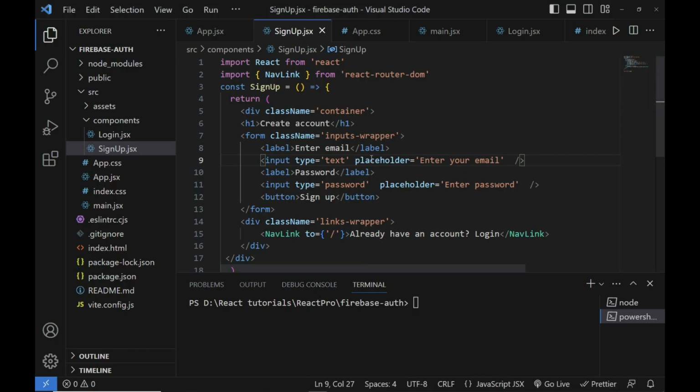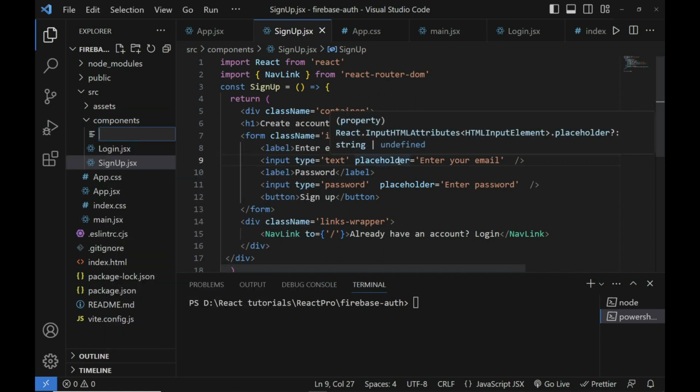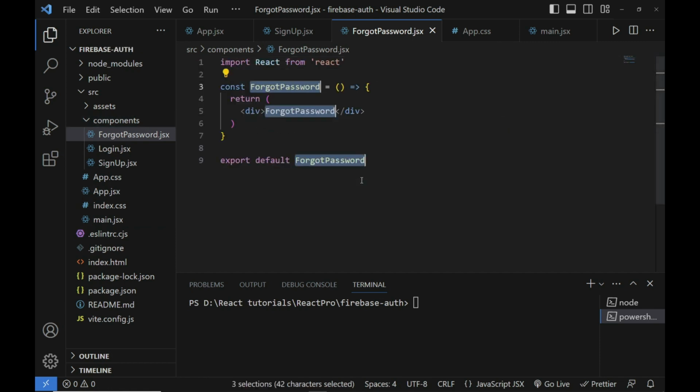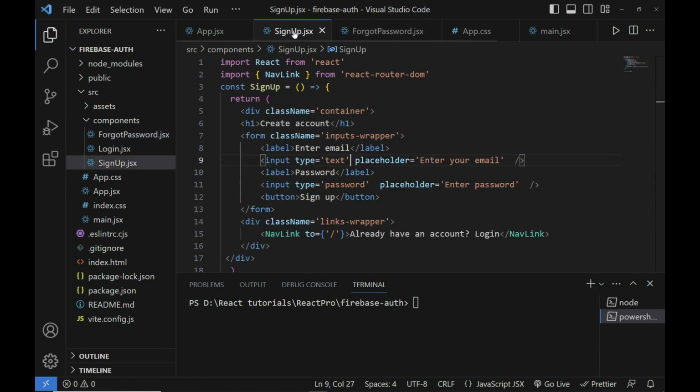okay, so let's now create this forgot password. Okay, forgot password link. So I'm going to come to the component again, and I'm going to create, let's create that forgot password component. I'm just going to name it forgot password.jsx. All right, and I just need to use my boilerplate code there,